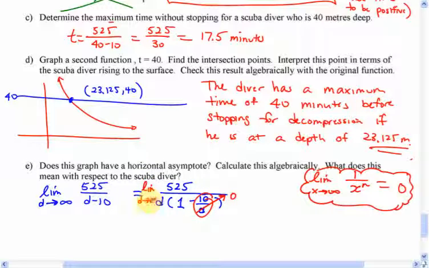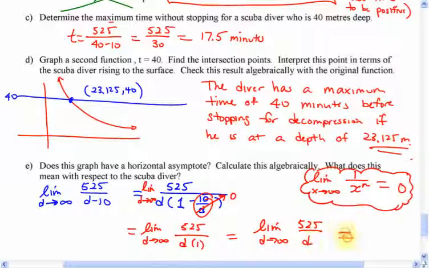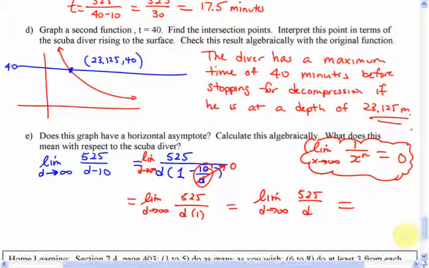Why does it become 0? Because if I plug in a big number to just this part, 10 divided by a really big number is almost like 0. Okay? So what we have left over is the limit of d approaching infinity of 525 over d times 1. Well, that's just the same thing as the limit as d approaches infinity of 525 divided by d. And can someone tell me what this is equal to? 0. Yeah. 525, that's a big number, but dividing by infinity, an even bigger number, hey, look at that,